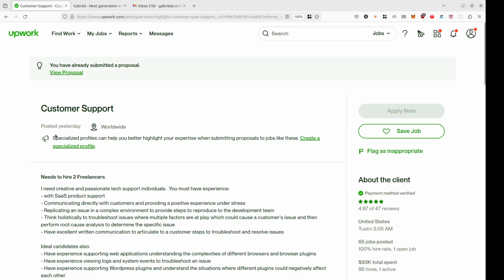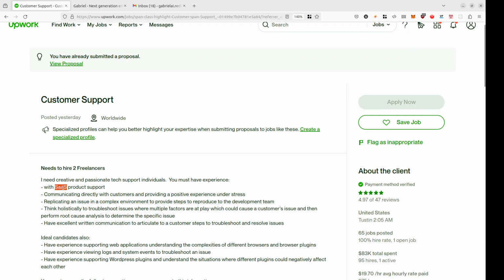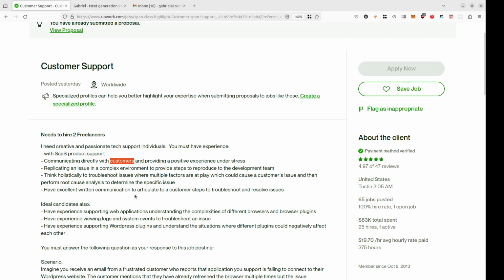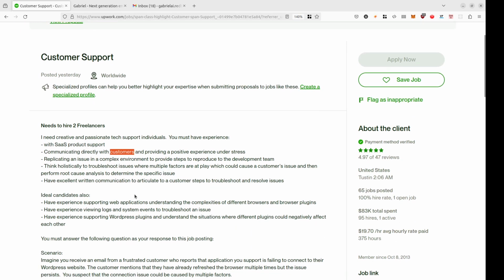So I want to show how you can use GabrielAI for customer support. This is a job request on Upwork where they need to hire two freelancers for doing SaaS product support. And the freelancer will be required to communicate with customers, replicate issues, and troubleshoot issues for the customer support,